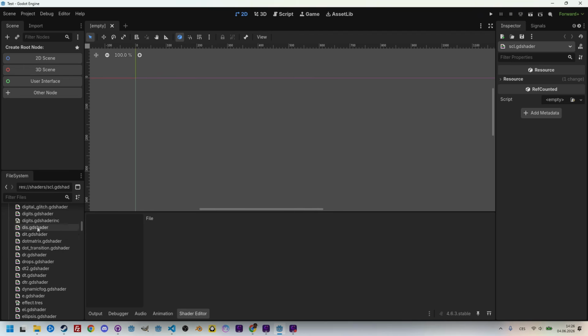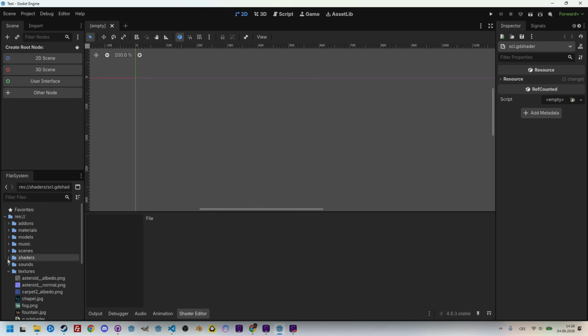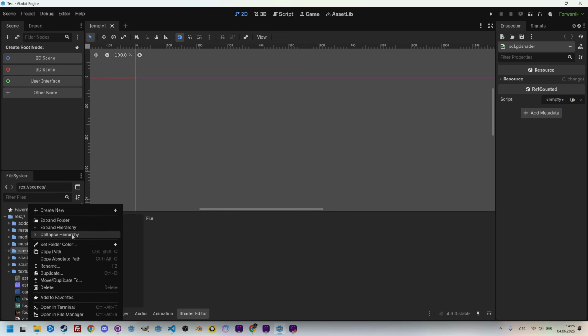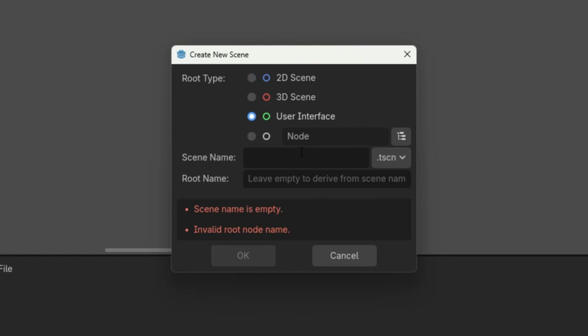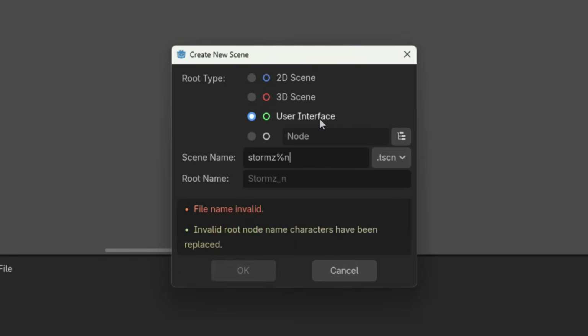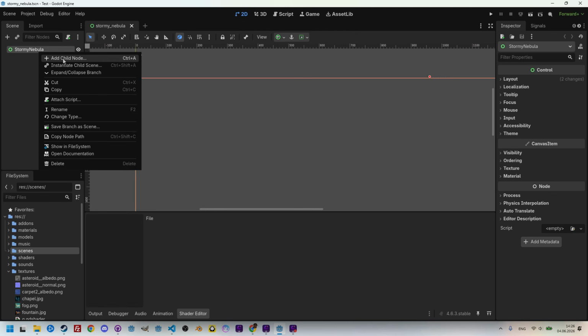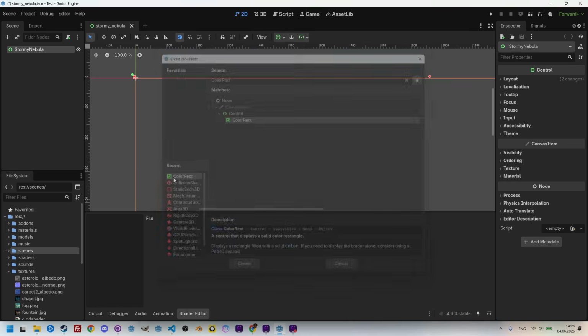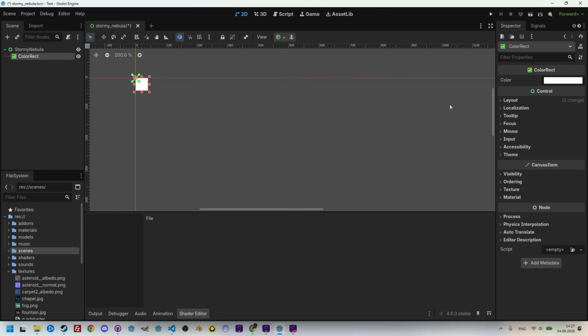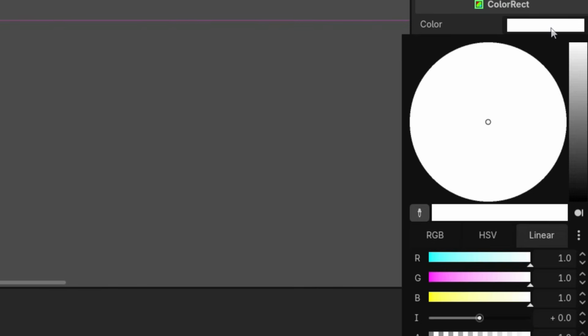Okay, scrolling up, something is open here. Right-click into the scenes folder and create a new scene, which is this time user interface, and let's call it Stormy Nebula. Check keyboard once again, Stormy Nebula. Okay. And right-clicking the root node, add child node, ColorRect, where I do some changes in the inspector, like changing